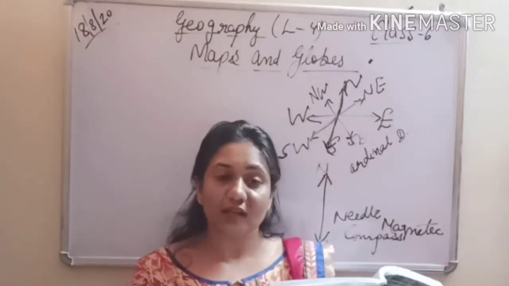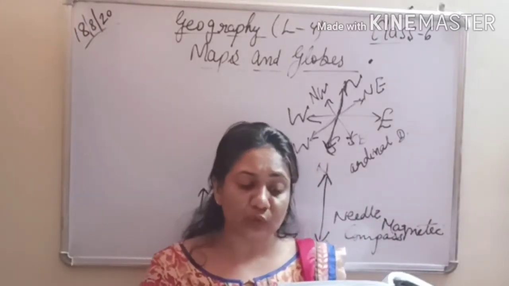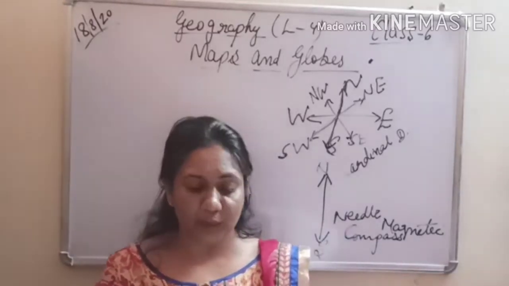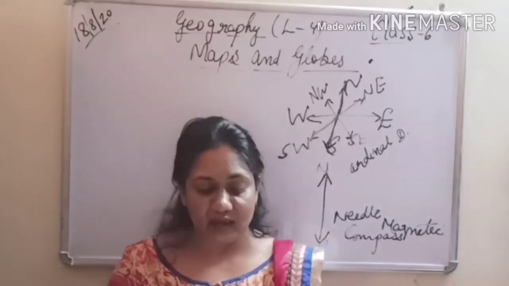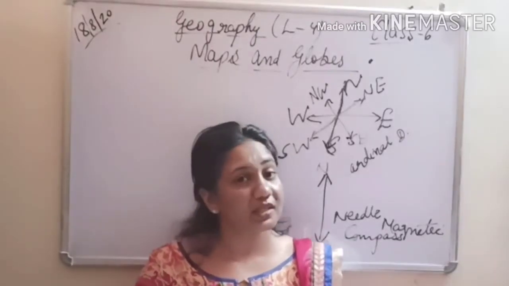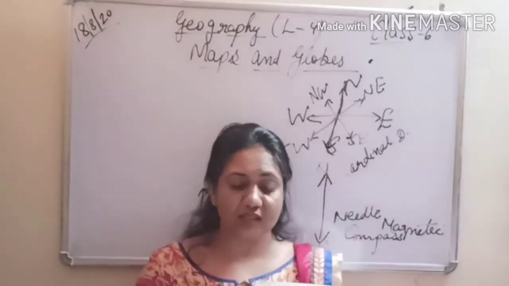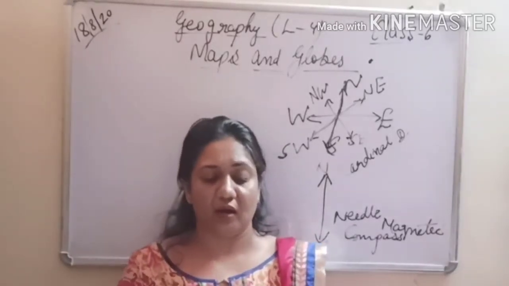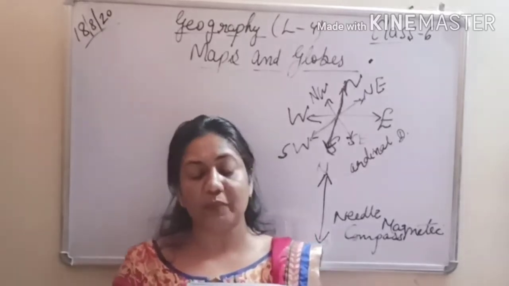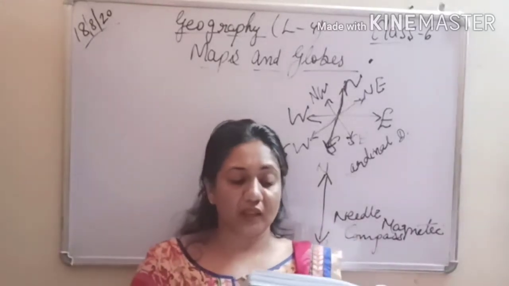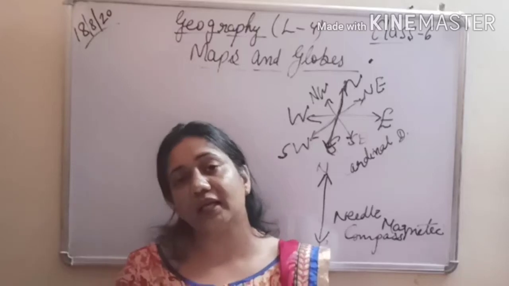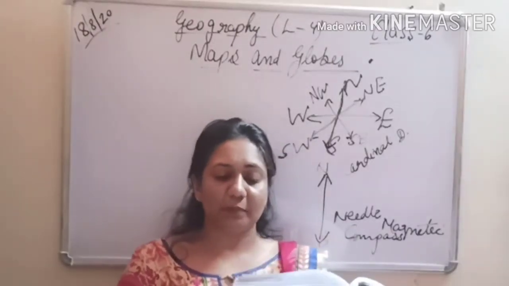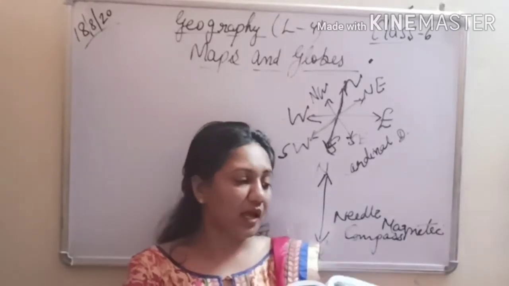So engineers and constructors need to draw an accurate map of a very small area like a house or a building complex, and this is called a plan. So when the engineers, those who do the work of construction, or constructors, need to draw an accurate map of a very small area like a house or a building complex, this is known as plan. Such maps help in the construction of the houses and buildings.